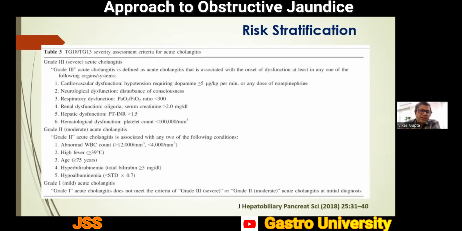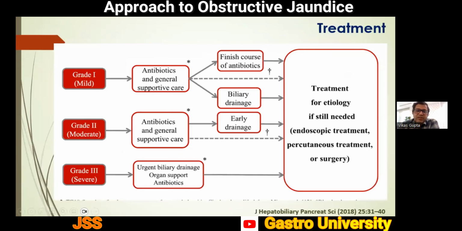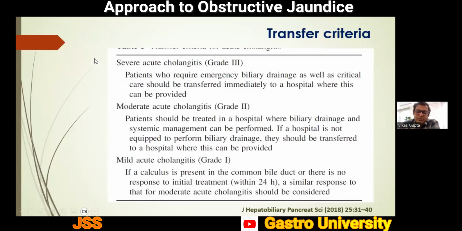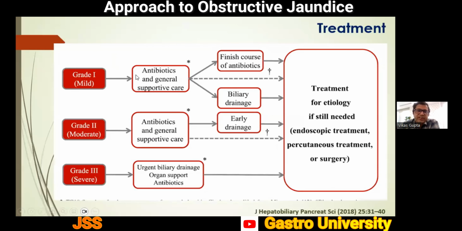It can be either cardiovascular failure, neurological failure, respiratory dysfunction, or renal dysfunction. Any organ failure makes it a grade 3 cholangitis. And why is it important to segregate cholangitis? Because the treatment or management is based on the severity grading. Antibiotics are sufficient for mild grade cholangitis, and if the patient is responding, then subsequently we can plan the treatment